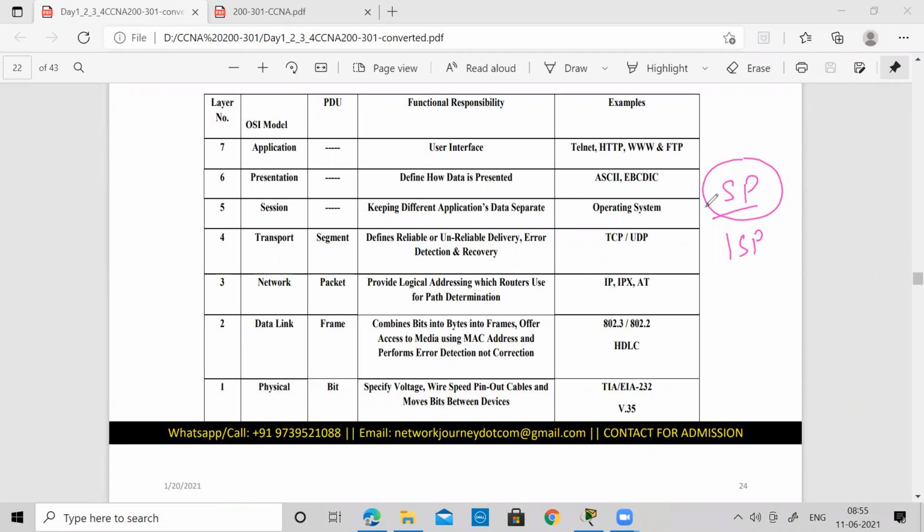Accordingly they give you plans, but there is no actual agreement with your internet service provider that if someday your internet connection goes down, they will cut the money. We never make any kind of agreement with the internet service provider, because it's a very nominal price which we pay, and there is no such agreement involved here.